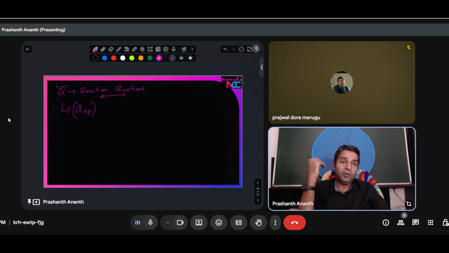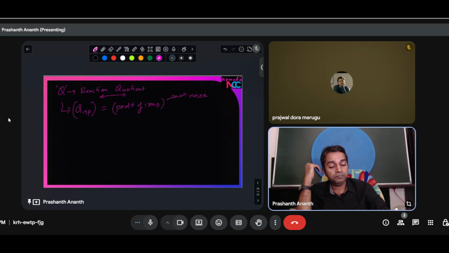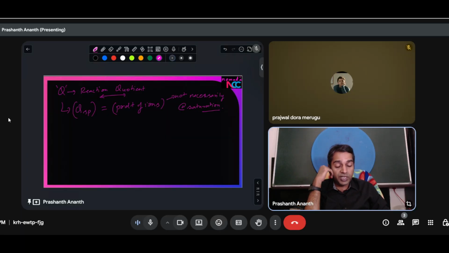So this is going to be something which is just product of ions, not necessarily at saturation. So how to understand this, how to proceed for this part over here. So if it is going to be nothing but product of the ions but not necessarily at saturation over here,